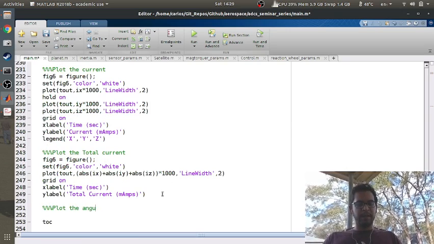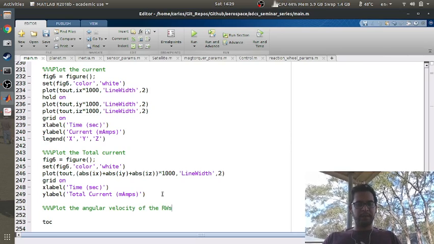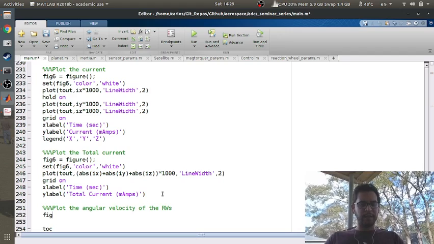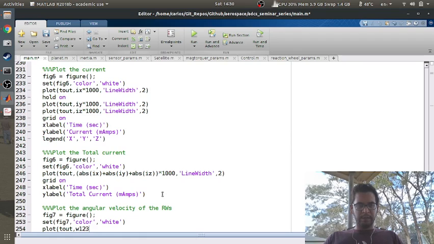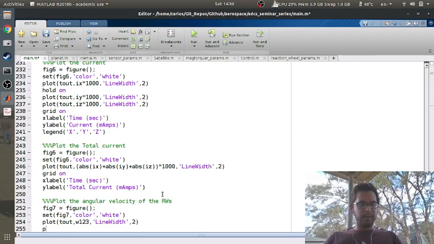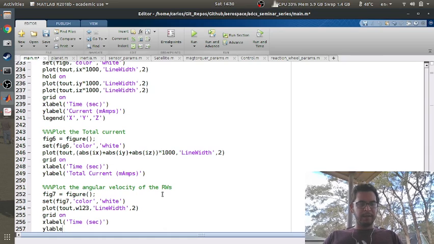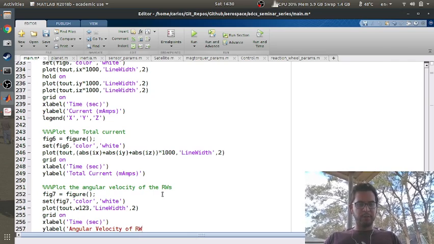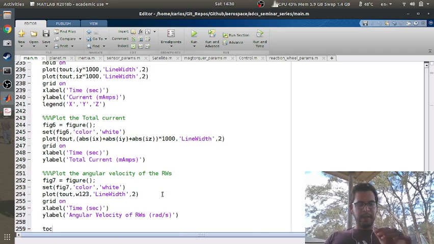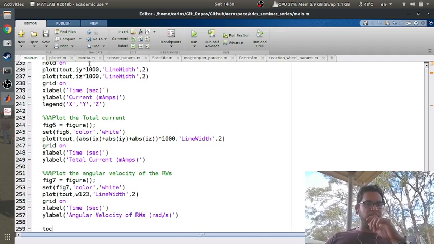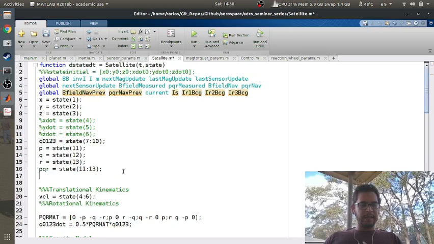plot the angular velocity of the reaction wheels. I don't know why I haven't been using shorthand. Fig 7 is figure, set Fig 7, color white, and then plot. I think I can just do W123, I believe. Just increase the line width to 2. Throw a grid on there, an X label, a Y label. And this is angular velocity of reaction wheels, radians per second. And that should work. Oh, nope, no it won't, because in the satellite routine, I need omega 1, 2, 3